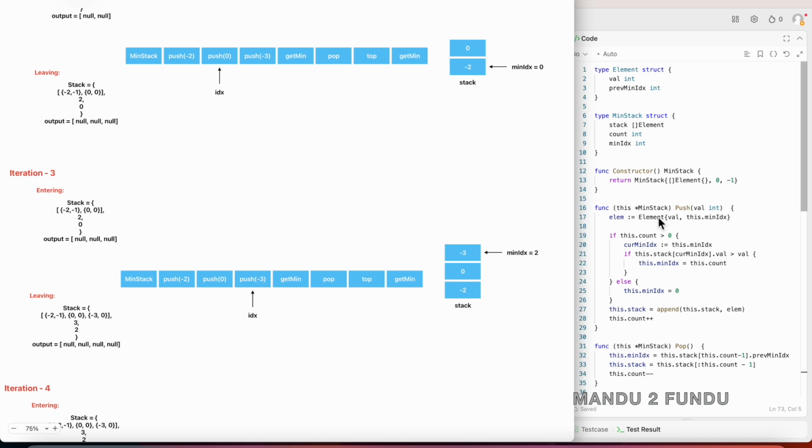So the next push operation is called with -3. In this case we first initialize the element structure and check whether the stack is not empty. It is not, so we check whether the current minimum number -2 is greater than the value being pushed, which is -3. That is true, so we have to update the minimum index of the stack to the current count, which is 2. So that is equal to the index of the element being pushed. Okay, so we update the minimum index to 2